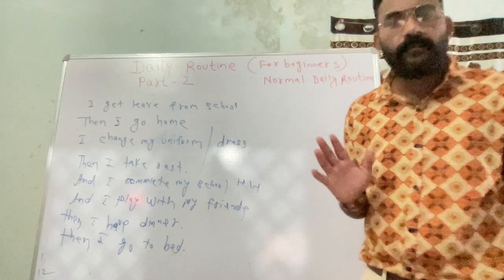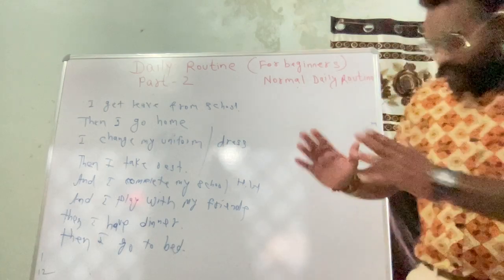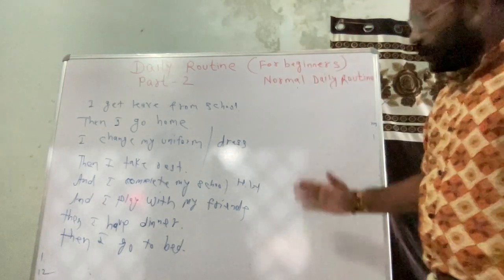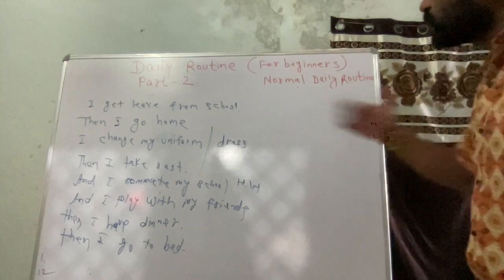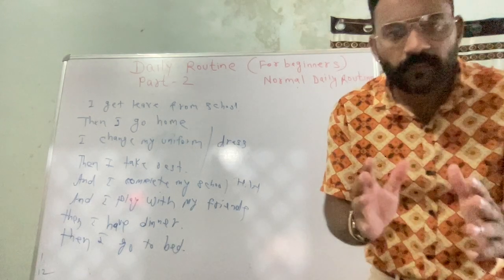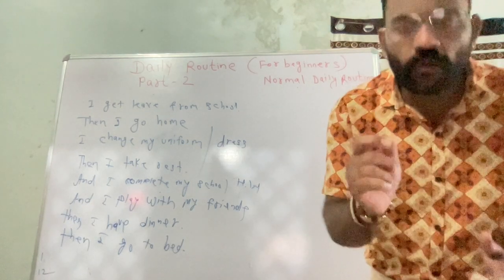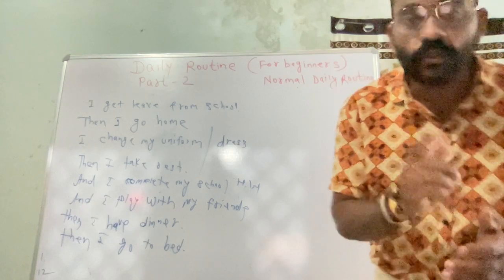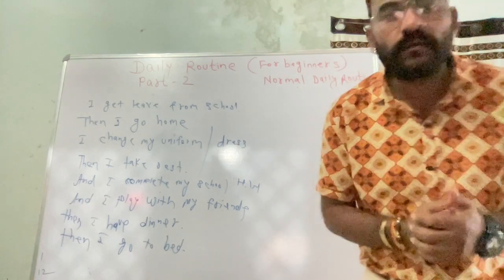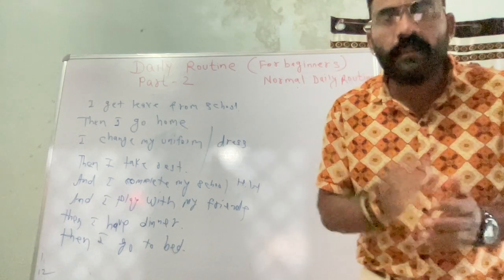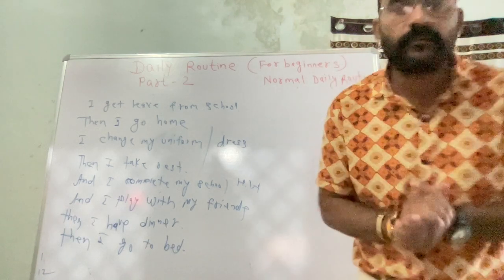Do mirror talking. What you have to do is stand in front of a mirror. Suppose this is a mirror, you stand before it and speak loudly. It's called mirror talking, and mirror talking is a weapon to improve, because I have done it and still I do, just to get confidence. Mirror talking is a very, very important thing.